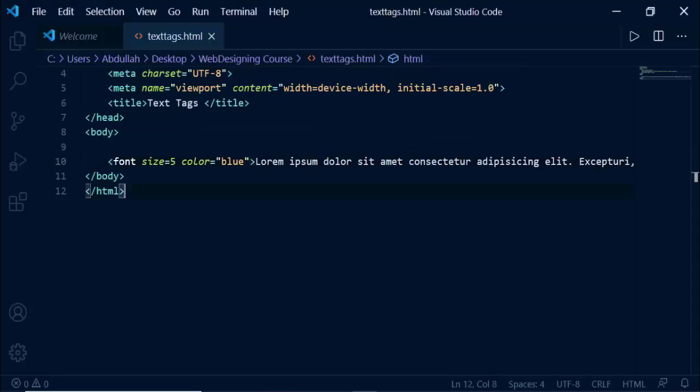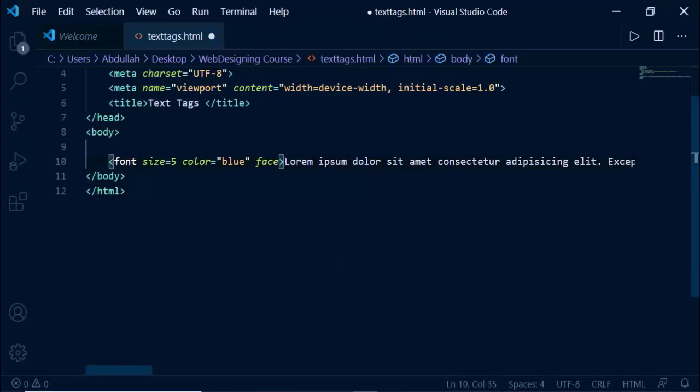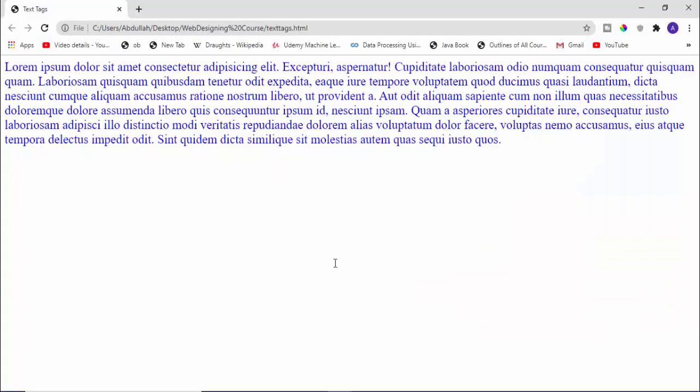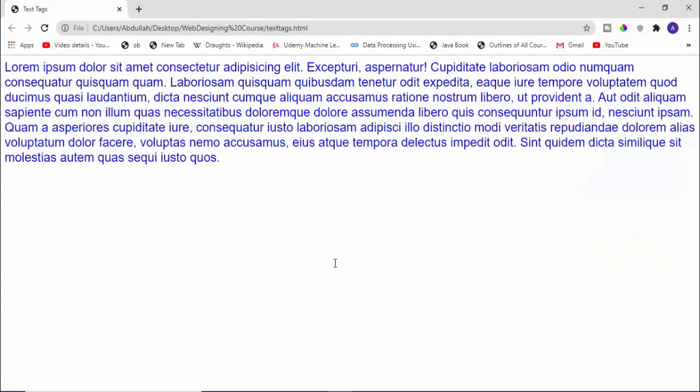Okay. After that, the font tag has another attribute which is known as face. In the face attribute, you can type the name of any font family or font face and your text will be changed. Now here let's write Arial. Arial is a name of a font style or font family. If I go back and refresh this, you can see the text is changed a bit.